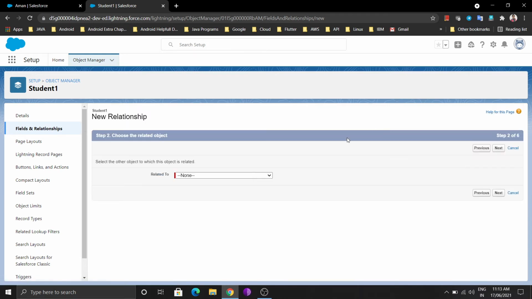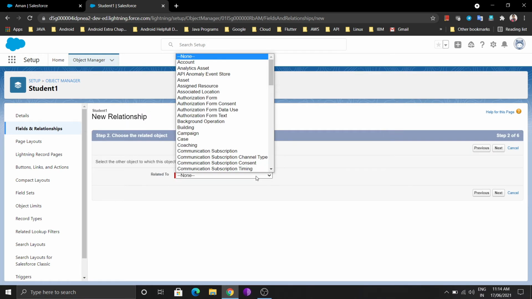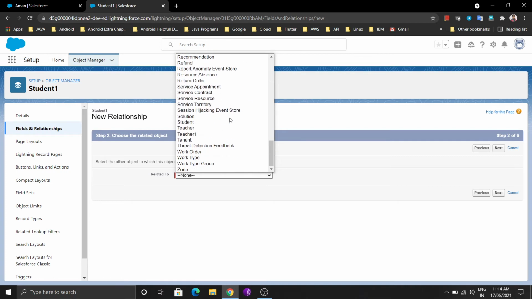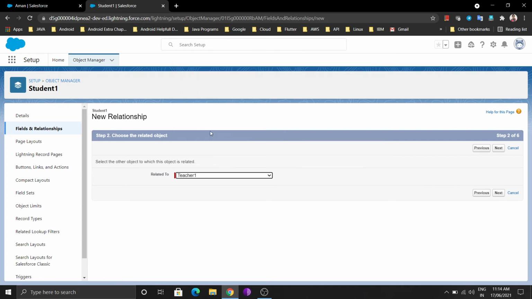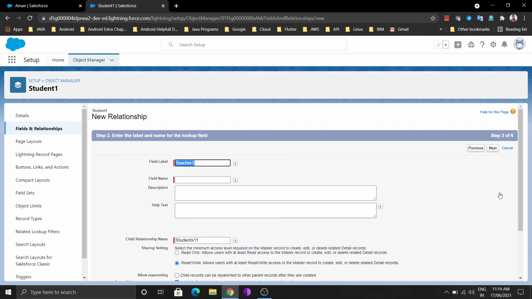The same process, it asks you for which object you want to create the master detail relationship. I am creating it for teacher one. All processes are similar, just there are some differences: in a master detail relationship, the child object inherits all the sharing and security settings of the parent object, and there are a few limitations also, but the process of creating a relationship is similar.